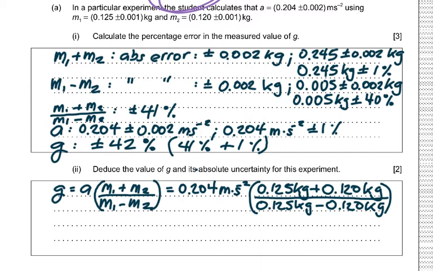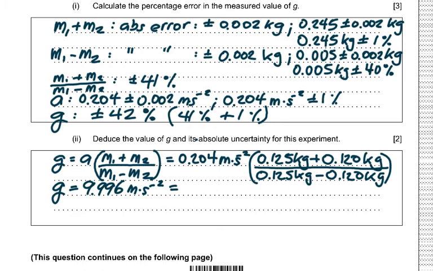We control for significant figures. We actually find in the denominator, when you do m1 minus m2, you're only left with 0.005, which is one significant figure, and so our answer is going to be one significant figure in the second power of 10. So 9.996 will actually round to simply 10 meters per second squared, and then it says find the absolute uncertainty,